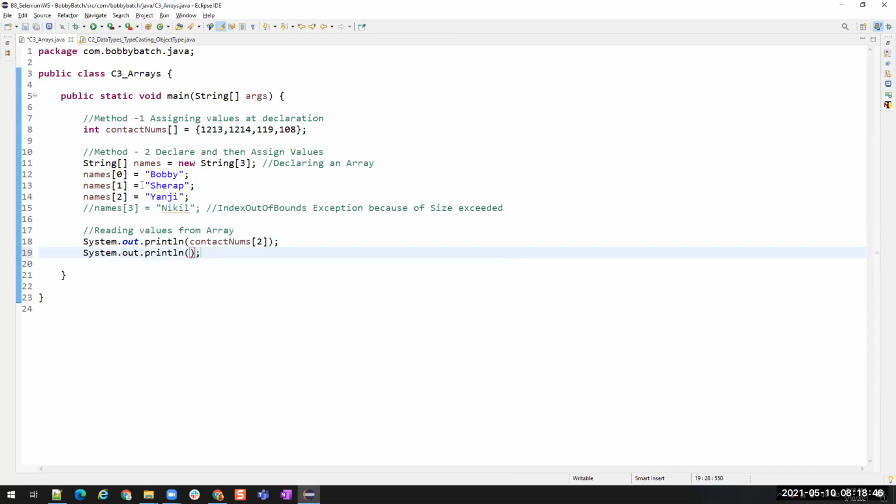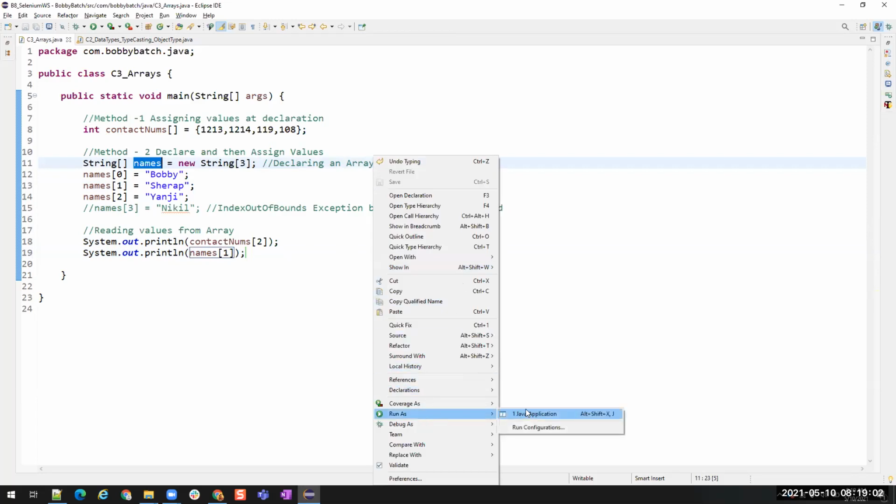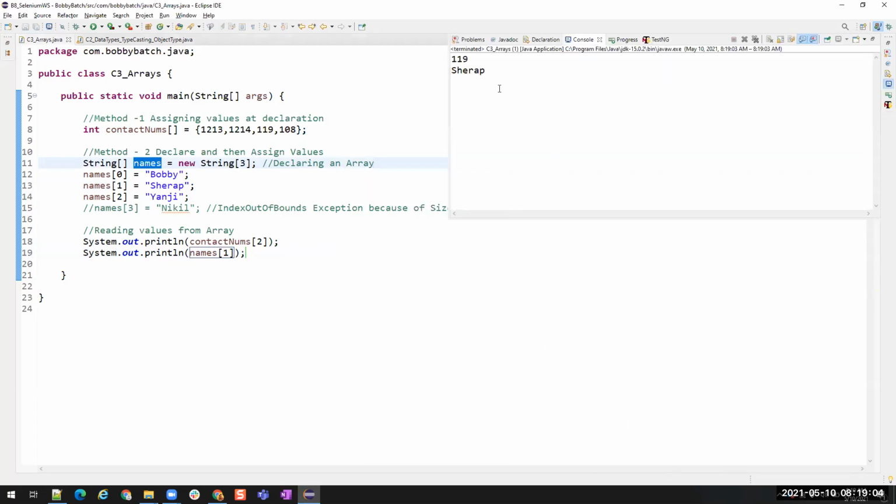See, I want to print Sharab's name, so I'll use names of 1. That's it. It is going to fetch the value from this index position of the names array. I'll get 119 and Sharab. Right?